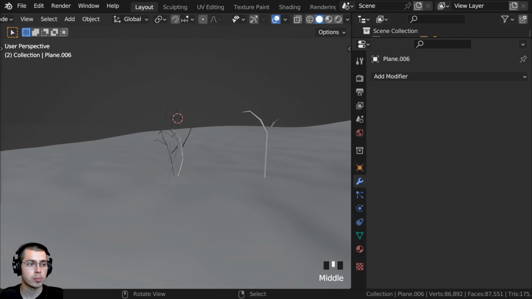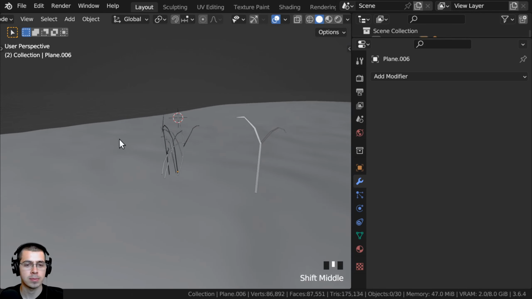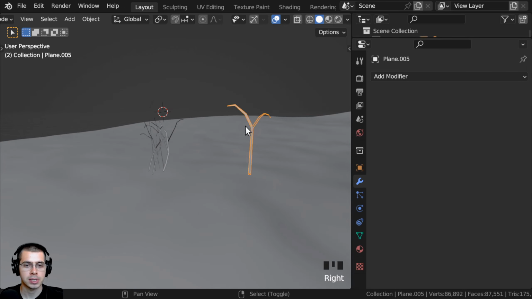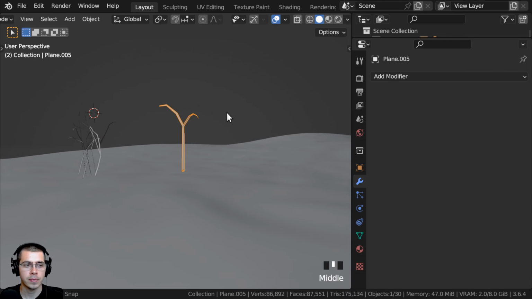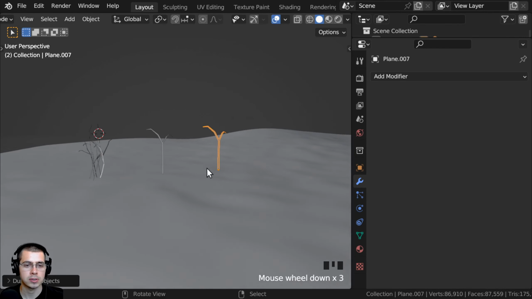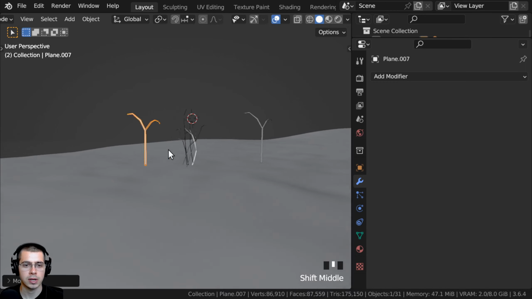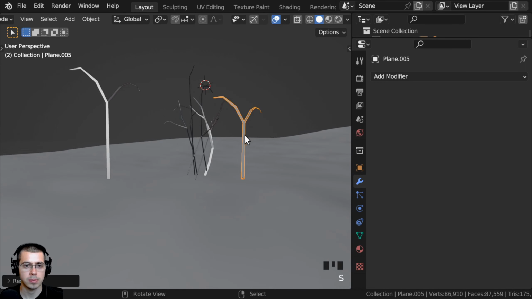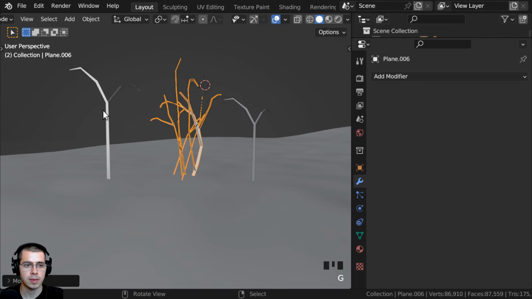So I now want to have one more grass clump, and this is going to be an even bigger grass clump. So I will select this one right here. I'm going to use this same one. So I'll press Shift D to duplicate, bring that over here. This is going to be the biggest grass clump. And actually, I think I'll bring it over here. So we have the smallest grass clump, then we have a medium grass clump, and then we have a large